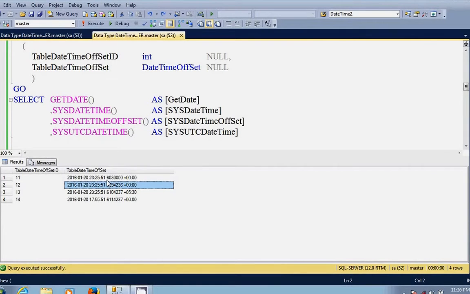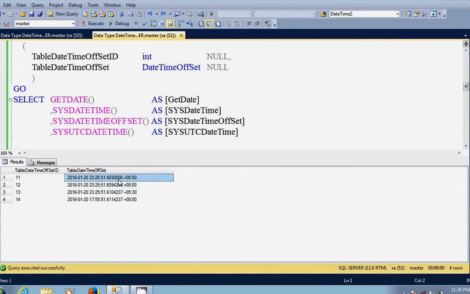So the fractional seconds have 7 digits, but GETDATE gives only 3 fractional digits. That's why it is 603. After that, the remaining digits are filled with 0 because datetime has only 3 fractional seconds. And SYSDATETIME has 7 fractional seconds, that is why it is filled with 7 fractional digits.